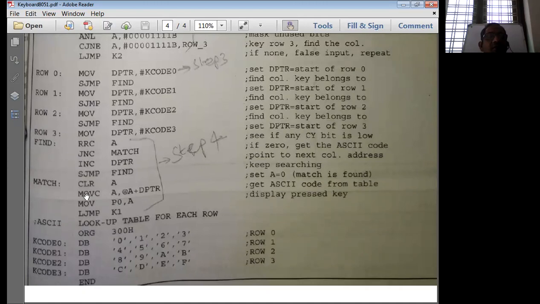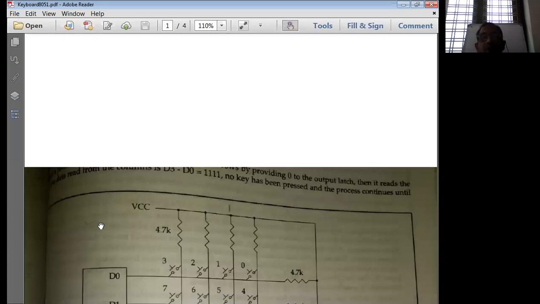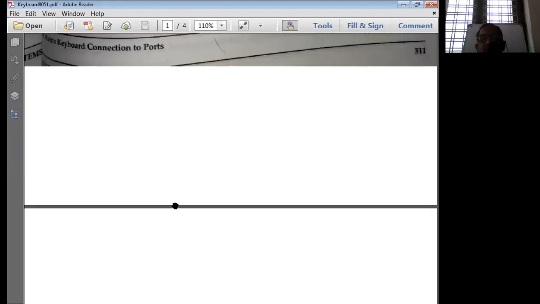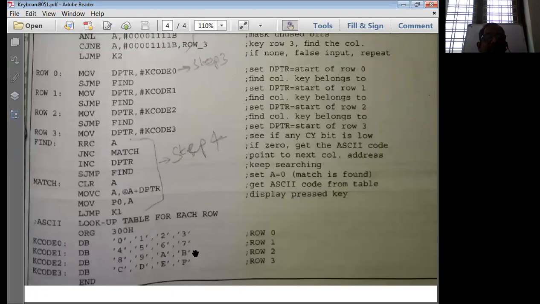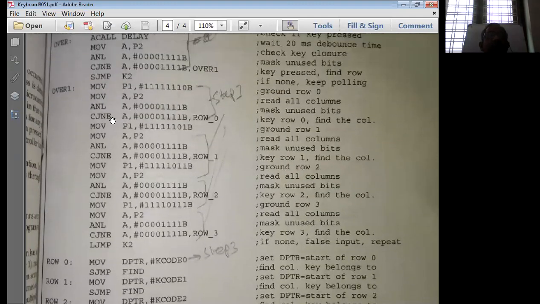So if you see row 1, for example, 0123. See the row 1 now. Row 1 is having 0123. Row 2 is having 4, 5, 6, 7. Row 3 is having 8, 9, A, B. Row 4 is having C, D, E, F. So similarly, I'm going to have all those particular rows over here. Now we'll start going with step 3.